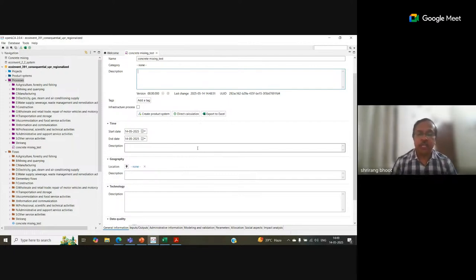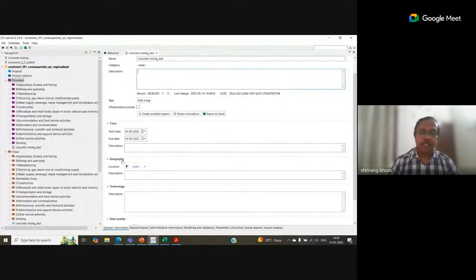Actually, when you do the life cycle assessment for a gate to gate activity or even for a cradle to grave activity, it's a long term activity. It takes almost 15 days, 30 days, and sometimes months to do the life cycle assessment. So one should know what the start date and end date were, and how much time I took for this kind of activity. It keeps a record of it.